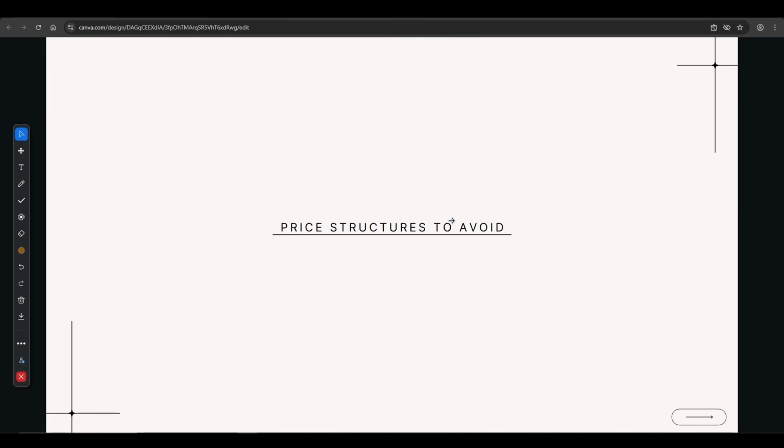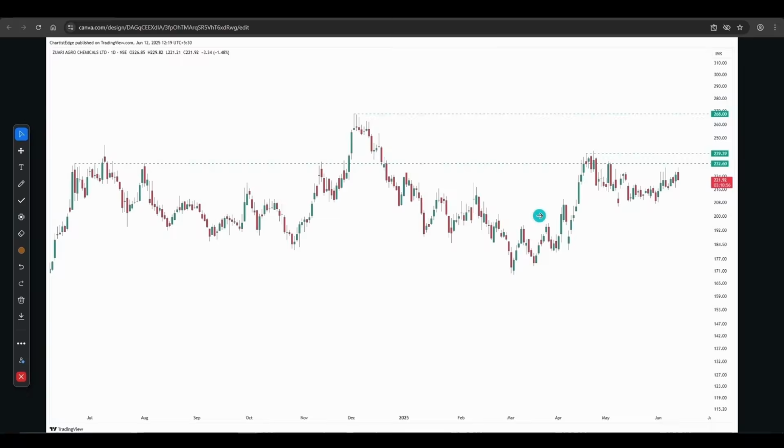Now let us see some of the price structures that we should avoid in any kind of market, be it a bull phase, sideways phase, or a bear phase. Now I guess this does not need any kind of explanation, because we have discussed this multiple times in our previous lectures. Whenever we see this kind of volatile price structures where the highs and lows or the supply and demand zones are not being respected and the price structure gives multiple fake outs like this, and even after an up move the contraction is happening, but rather than giving us this type